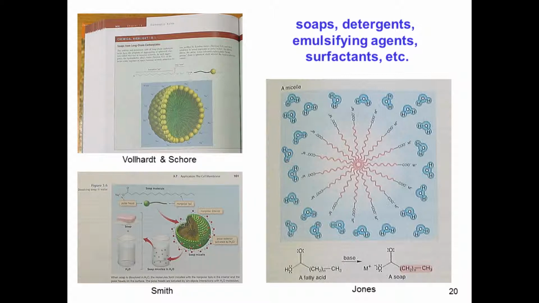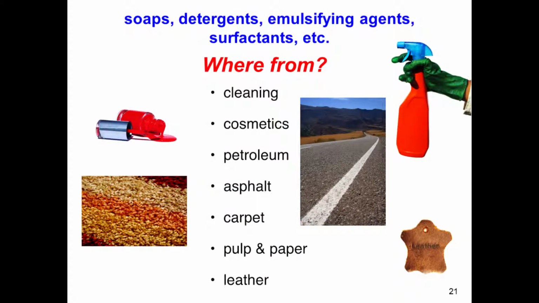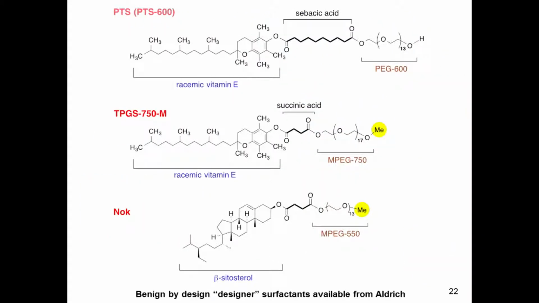If we think about that for a second, they come from all of these industries shown here. What are they trying to do with soaps? They're trying to just get oil and water to mix. And so isn't it time, therefore, for synthetic chemists to develop our own surfactants that we can use to do sophisticated organic synthesis? And that's what we've tried to do in our first generation, PTS, second generation, TPGS-750-M, and third